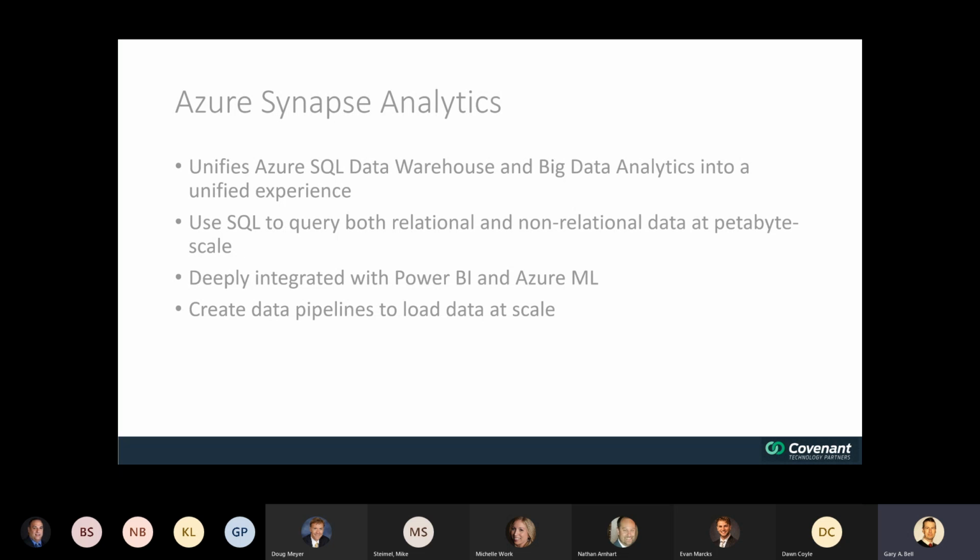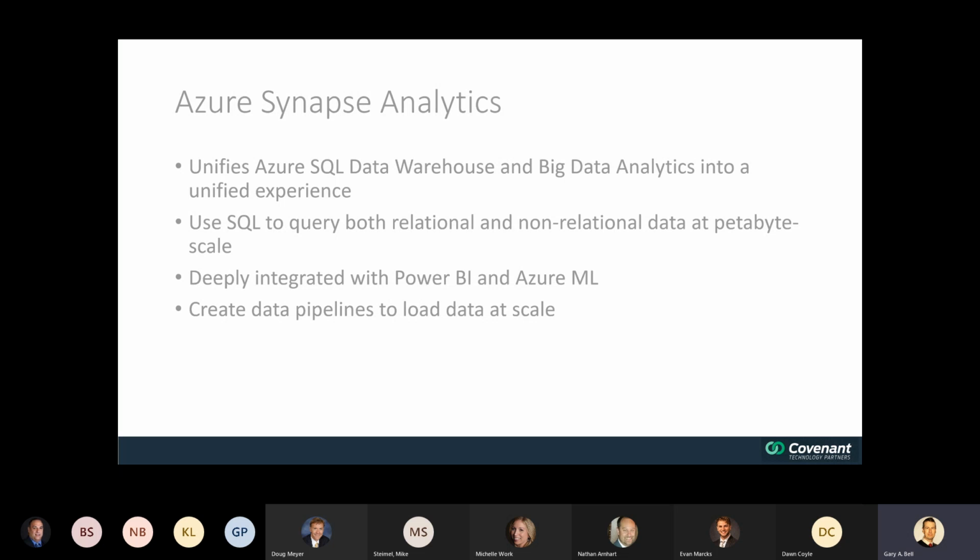I want to hit on a couple of the things. So we've talked about some of the workloads. I just want to touch real briefly on maybe the how part of this, and highlight a few of the things on the Azure Synapse Analytics side. If you're not familiar with this, it's kind of the rebranded version of Azure Data Warehouse that they've really expanded on quite a bit, and now it's grown to become this unified kind